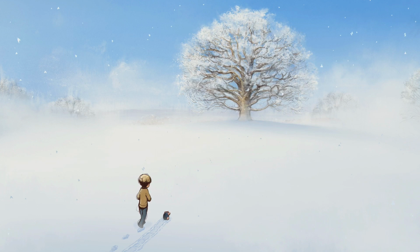Yeah, so we're just going to flip through some. We've got a bunch of images here that show off the environments and the look of the film. We did a lot of studies of these beautiful oak trees that you see all over England, really, but especially in the north there. To try to get these trees feeling as...